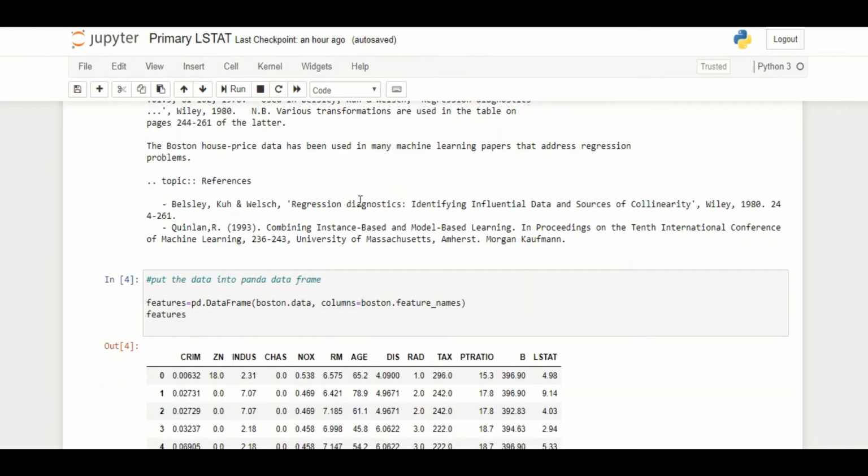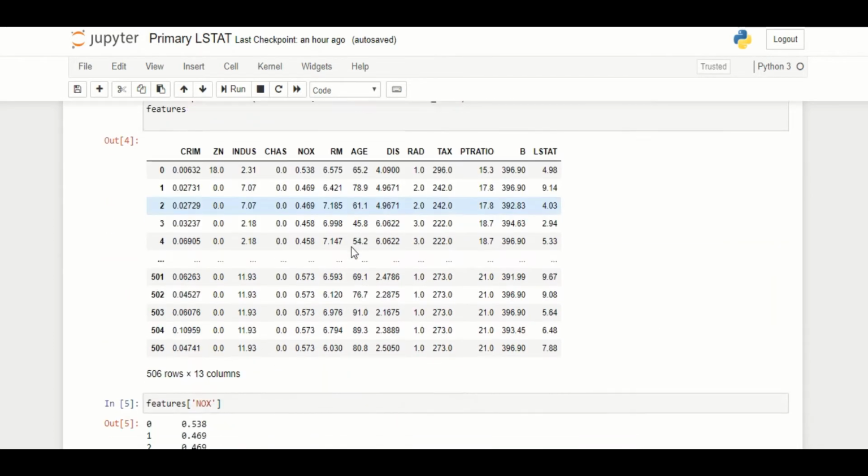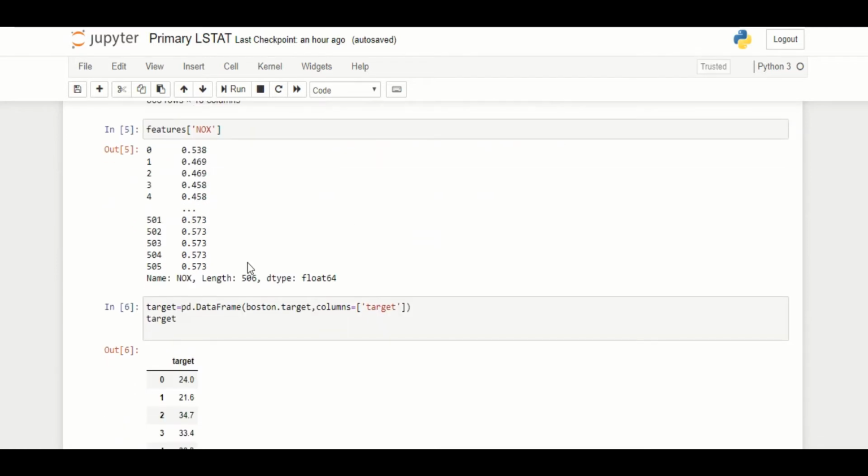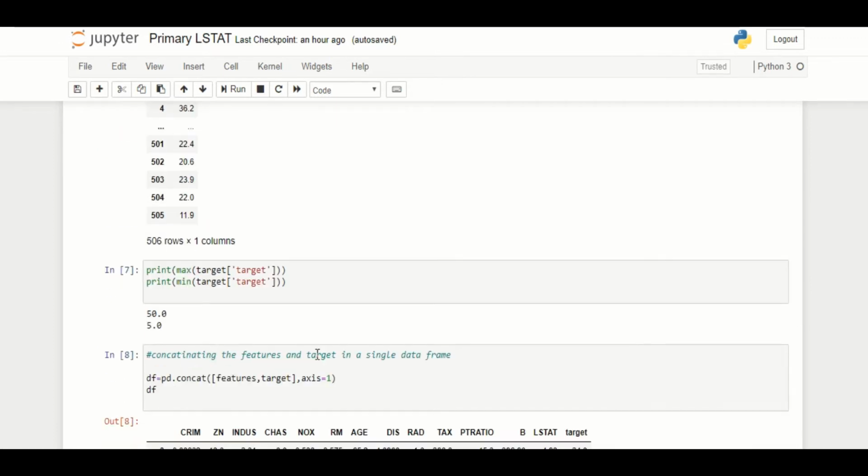Then we come to the features section. In the features section, from the Boston data, we get the Boston features and the names. Then we get into the features called nodes. From these, we can tell that the length is 506 and the data type is float64. Through these data, we can get the idea of the target, and we are